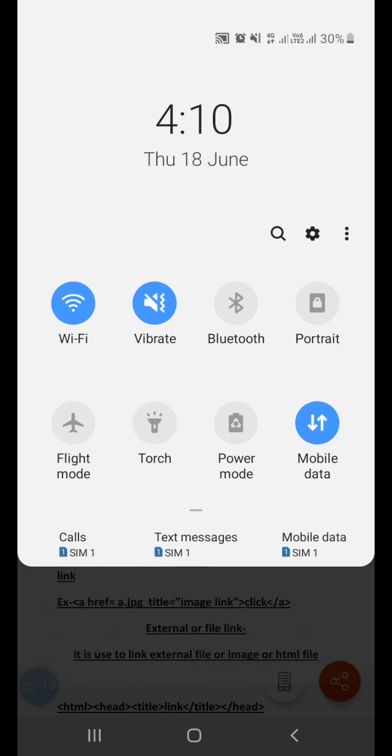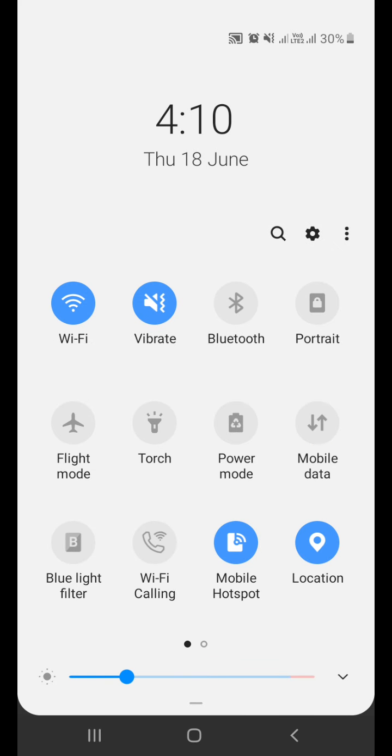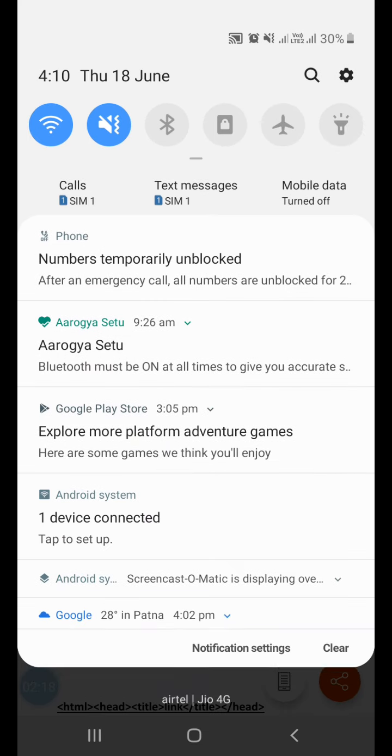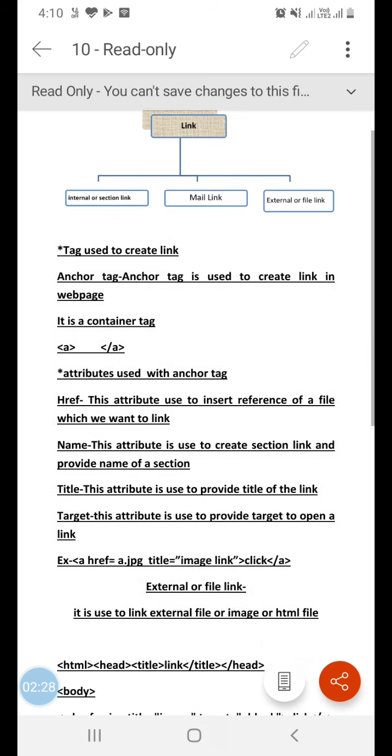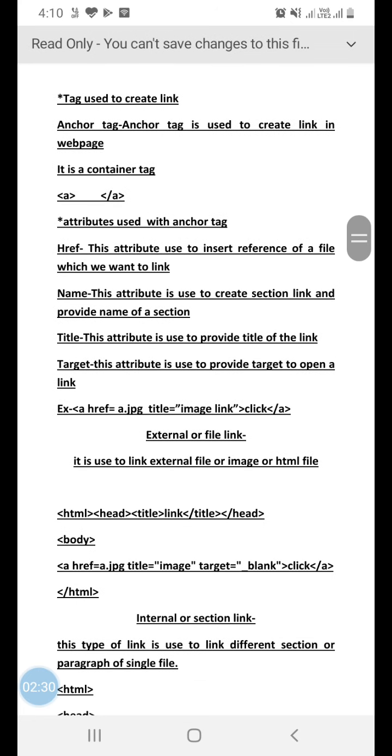Another attribute used with the anchor tag is known as the name attribute. The name attribute is basically used to create a section in our web page. The name attribute is basically used in internal linking. The next attribute used with the anchor tag is known as the title attribute.